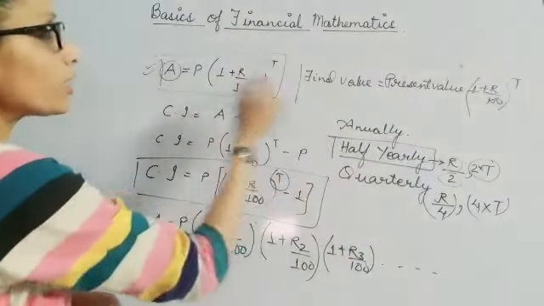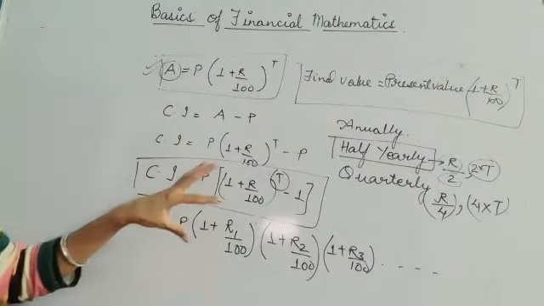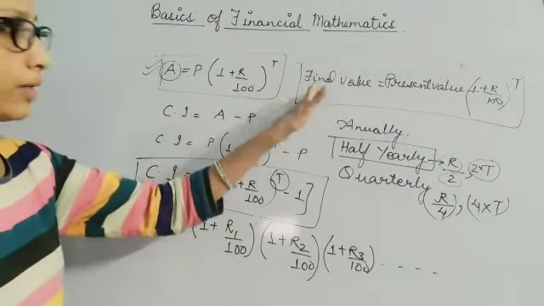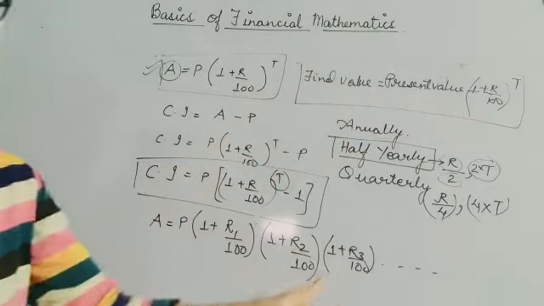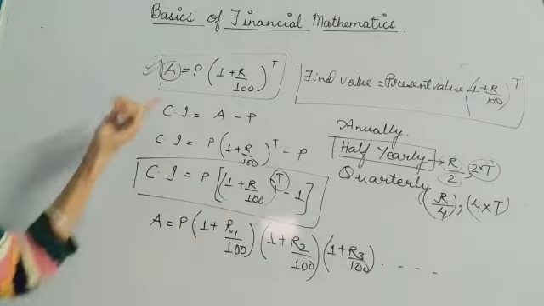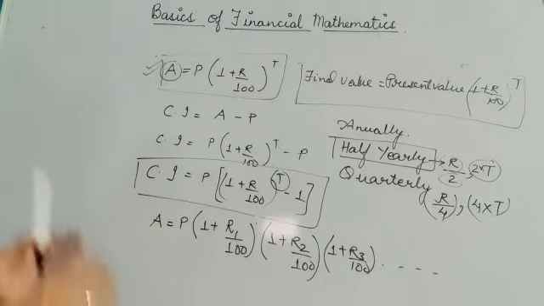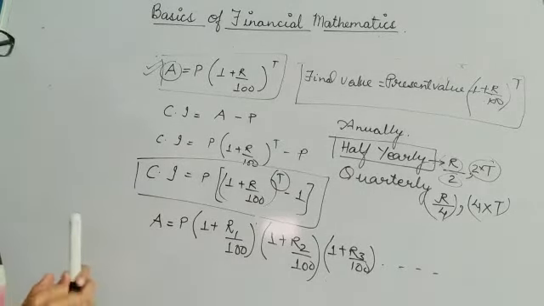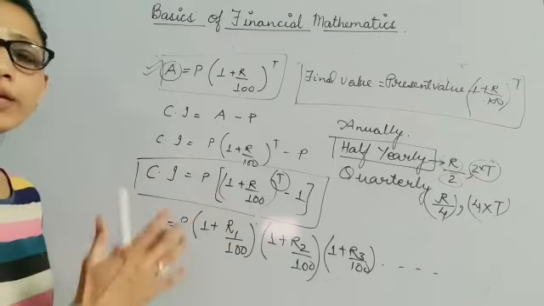So this formula can be used in many of the questions related to the final value and present value. If successive rates of interest are given, then also you can use it. If it is directly given, find out the compound interest, then also you can use this formula. This formula can also be used to find out your loan amount when equal installments are paid for a certain